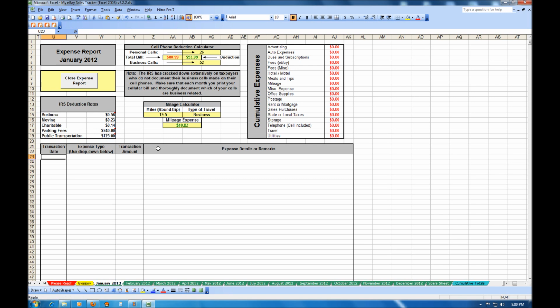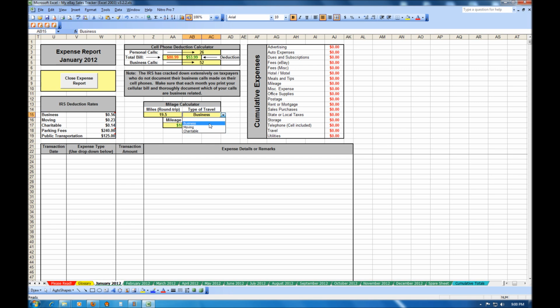Parking fees, public transportation, these were things that I never knew you could write off on your taxes as a business expense. It also comes with a cell phone deduction calculator for those who use their cell phone primarily for business, and also a mileage calculator,